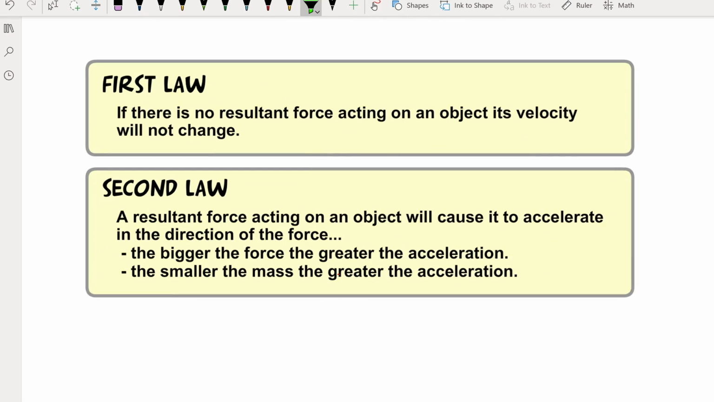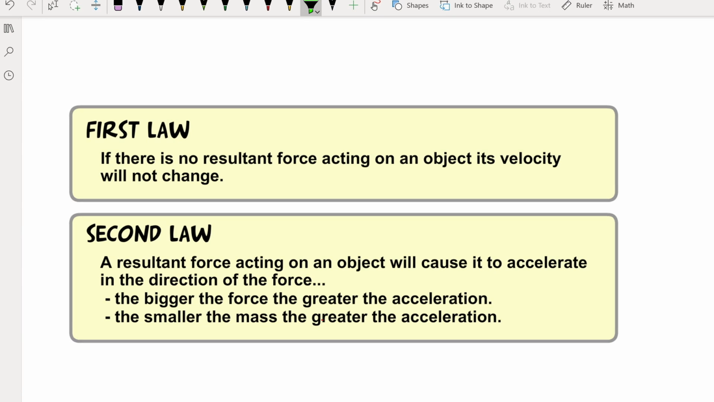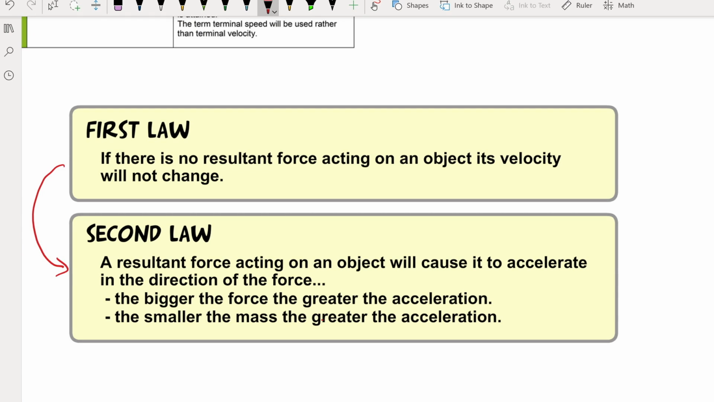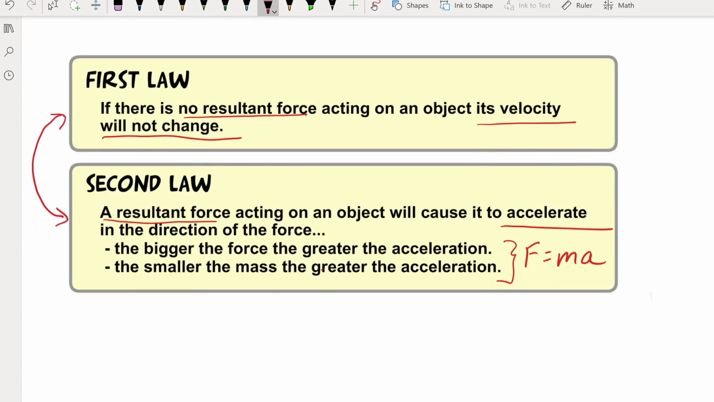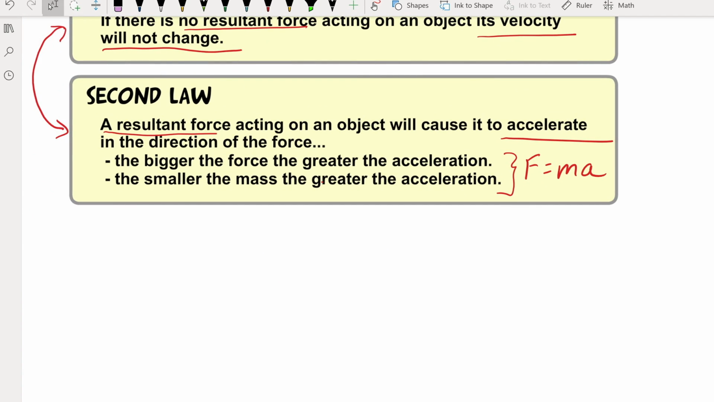I'll just copy these two underneath here because the two tie together quite usefully. They're both saying the same thing effectively. If there's no resultant force acting on an object, its velocity will not change, constant velocity. If there is a resultant force, the object will accelerate. These two points can be summarized using that equation F equals ma, meaning that if we